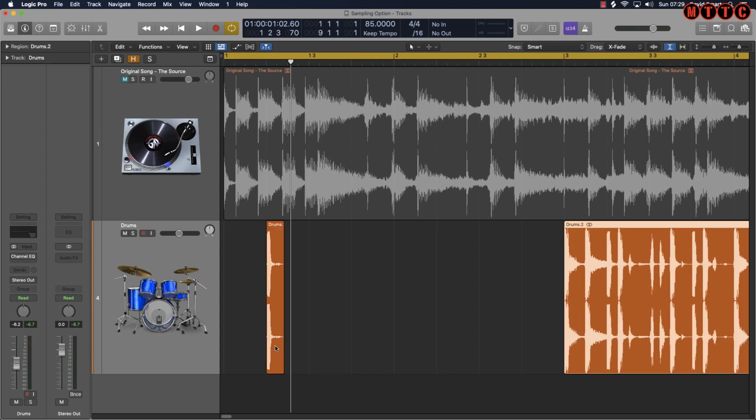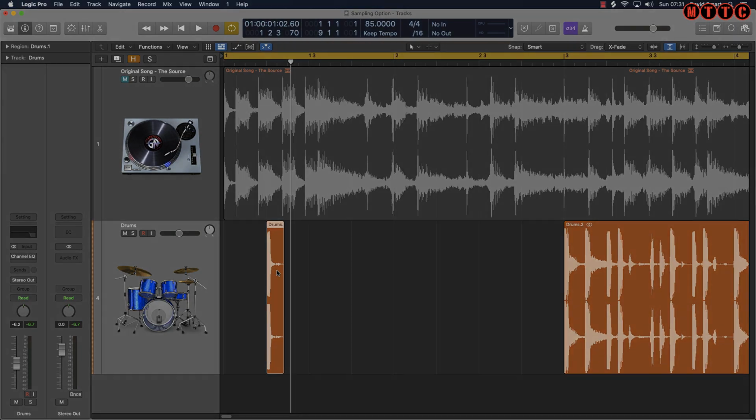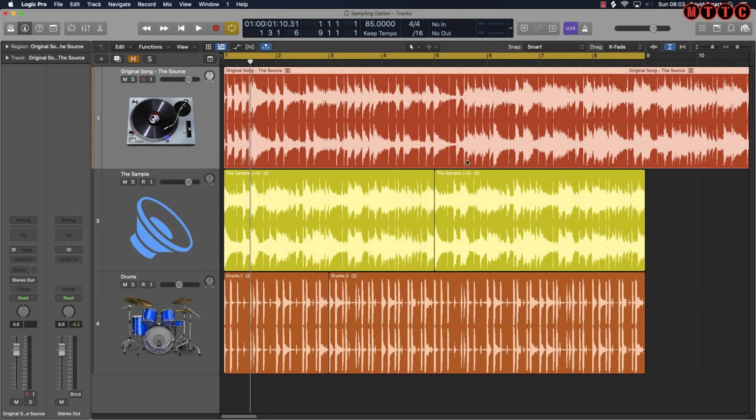And that's what sampling is. It's selecting a specific portion of an original recording and then repurposing it into your production. Now I can pull this sample into my sampling playback processing software instrument to manipulate it and use it in my production. Okay, so I hope you understand that.